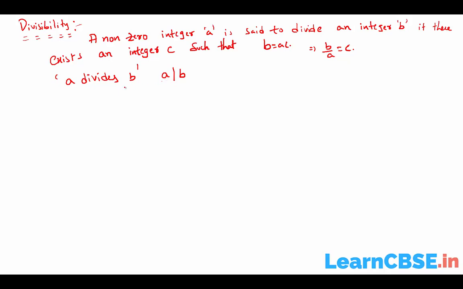If a is not going to divide b exactly, we cannot write like this. The symbol is used only when a divides b exactly, but b by a is different. Sometimes a cannot divide b, but we can write that in fraction form, but this is different. Whenever a divides b exactly, we can write this symbol a | b, and the crossed symbol indicates a does not divide b, or b is not divisible by a. Now we can go with the